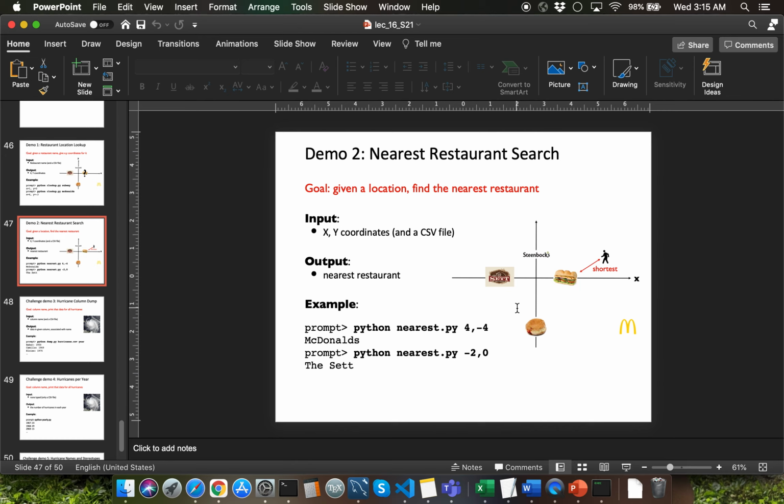That's what we are going to do in version 2. We'll be writing code within the nearest.py script. This script is still going to take only one command line argument.